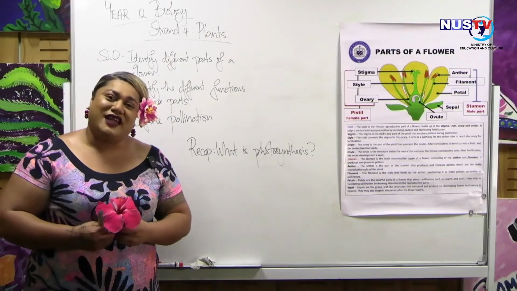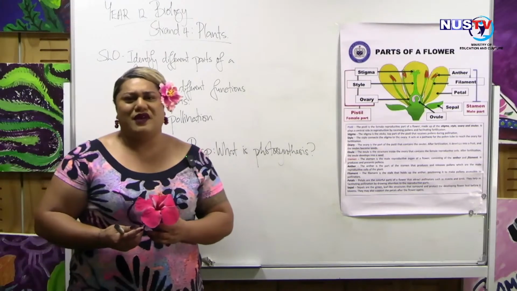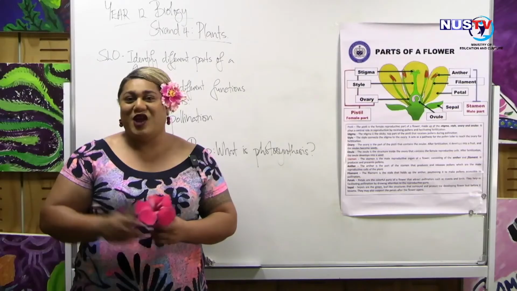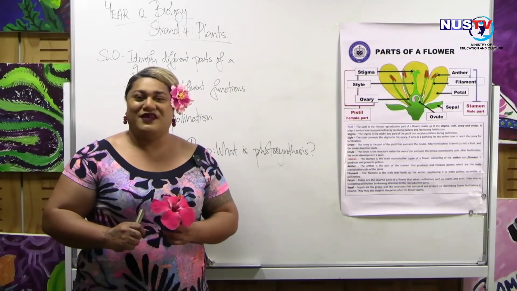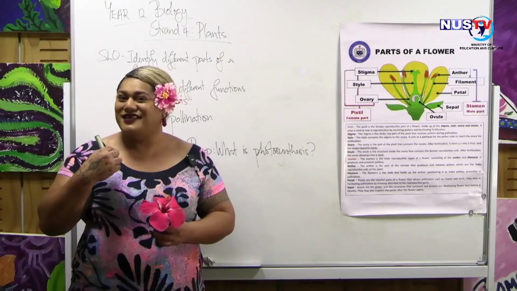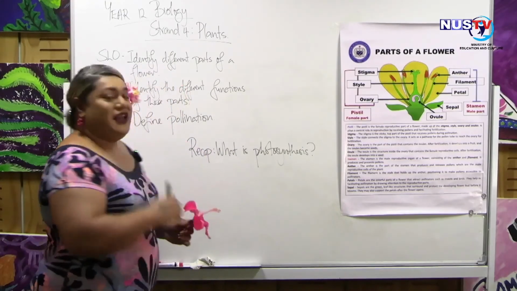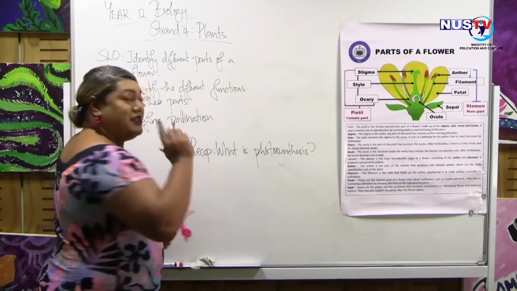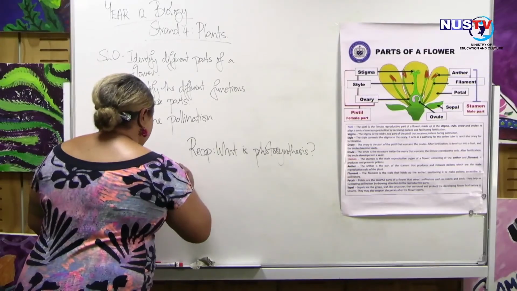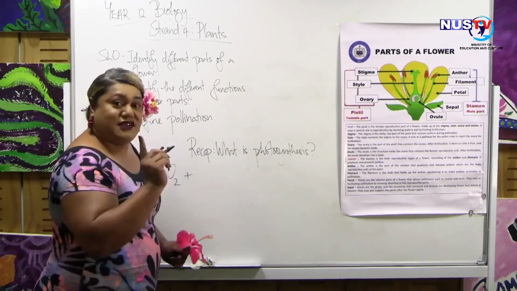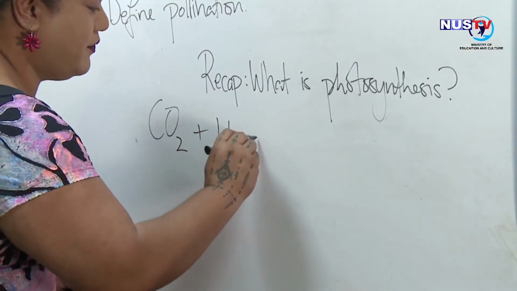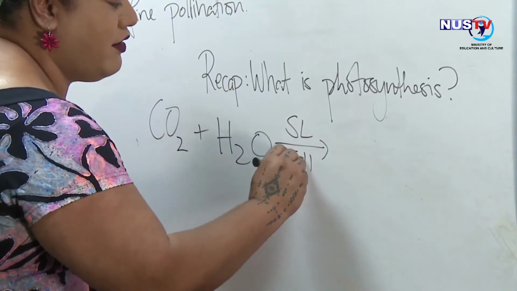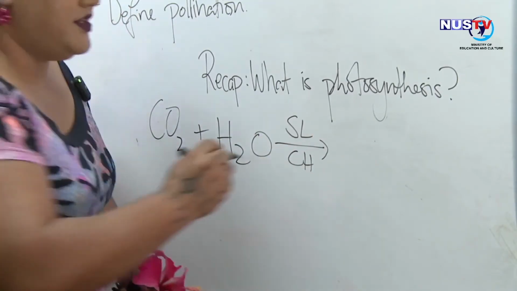Before we start our lesson today, let's have a recap. Do you remember the definition for photosynthesis? Okay, let's write down the equation together. Photosynthesis is, yes, you are right. It is the way that plants make their food. So the raw materials are CO2 plus H2O with the help of sunlight and chlorophyll. And then you get glucose, which is